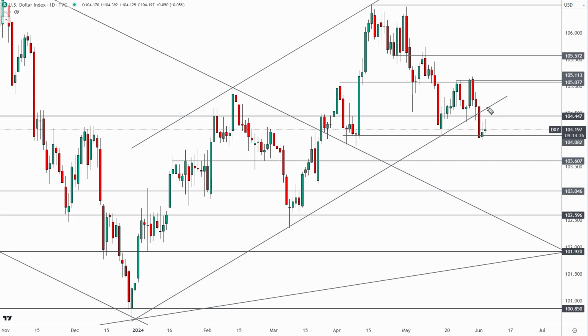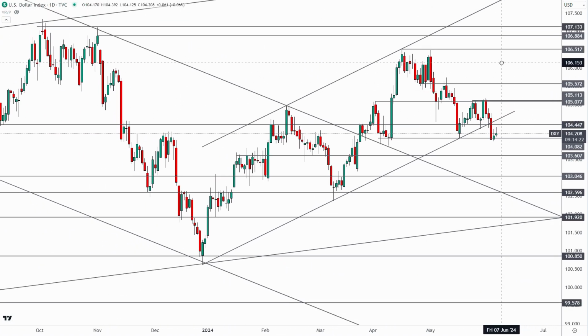And for me, with the way that I trade, this would be very high conviction if we got the DXY reclaiming this area around 104.5. And look, don't rule it out, because what we've seen here from the DXY over the past few months is this right here. So notice this down here at 101.9.